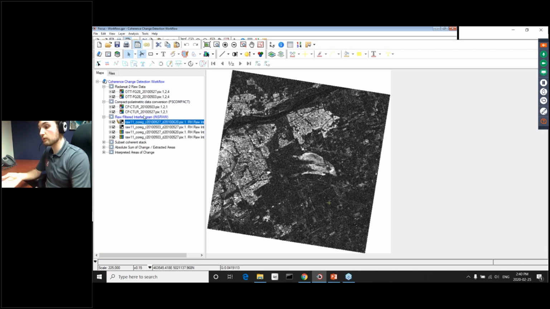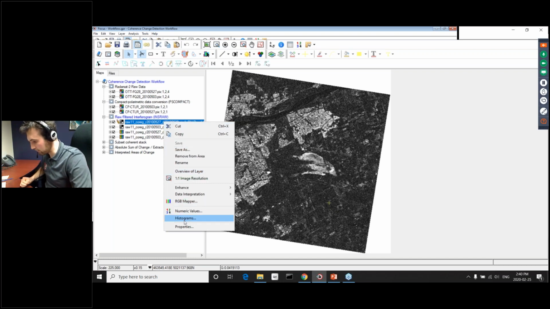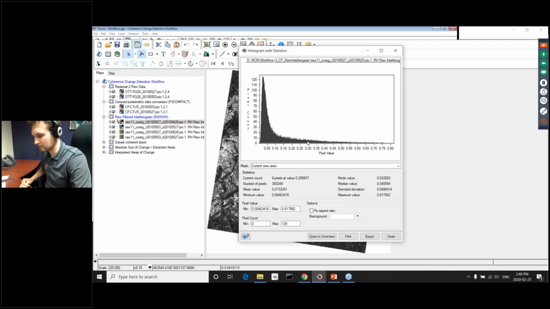And so we're viewing right now as grayscale. We're viewing the amplitude, and that's also the coherence. So we can easily visualize the coherence using the histogram tool. And we can actually see that there's minimum coherence. So it's a value between, of course, 0 and 1, closer to 1 means it's more coherent. So we could see that there's not a lot of coherence between those dates, but that's okay because